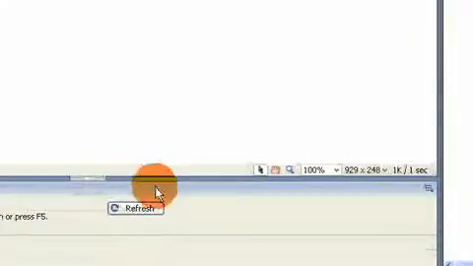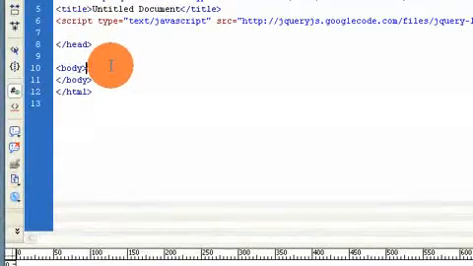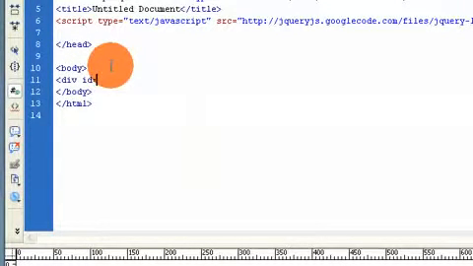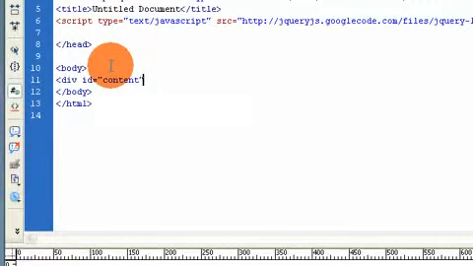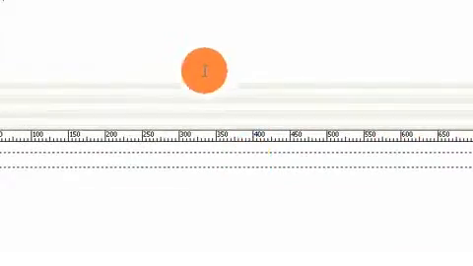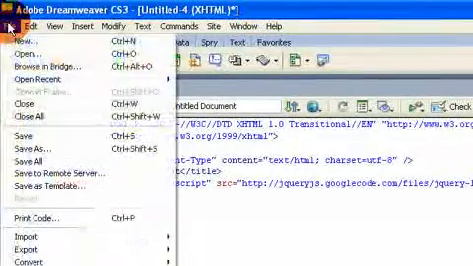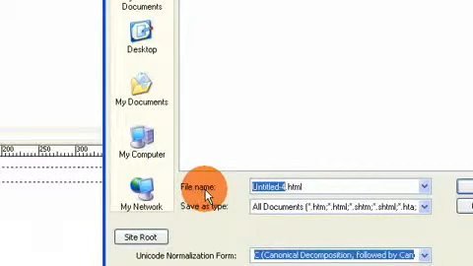Now let's have a look. Of course, at the moment we don't have anything on the page, so we'll just do a quick div, and we'll give it the ID of content, and we'll close it off. And you've got a new div on the page, which of course will refresh, and you'll just see this little element. Now the next thing we need to do is, well, firstly I'll save this document, so we'll go save as, just call it jQuery,